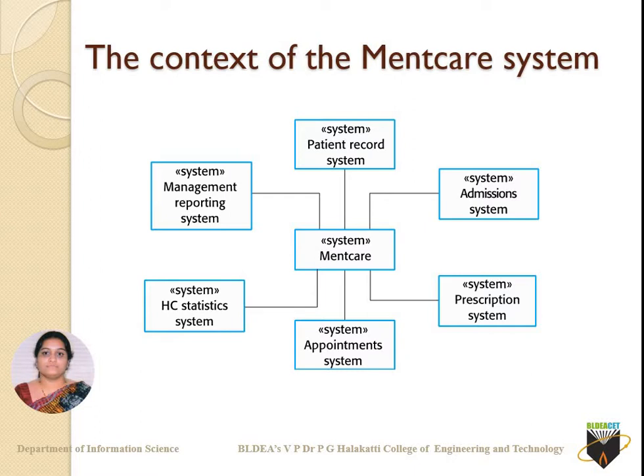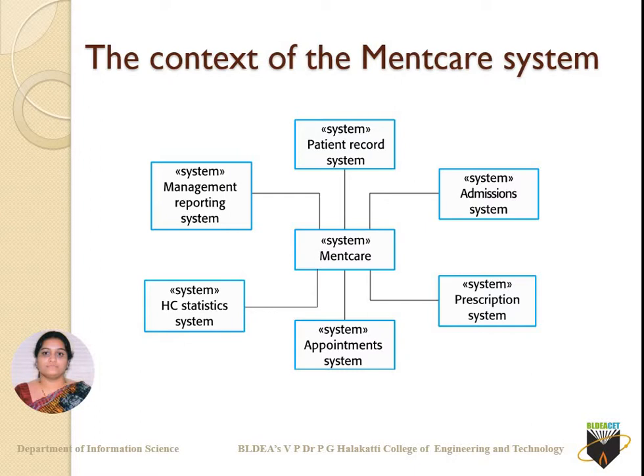So we have successfully come through our last class, where we are speaking in this particular module about different types of models. You will come across the context model, the system model, the interaction model, and then the structural model. These are all the things. In our last class, we came to know what is meant by the system model as a term, and what is meant by the context model as a term.